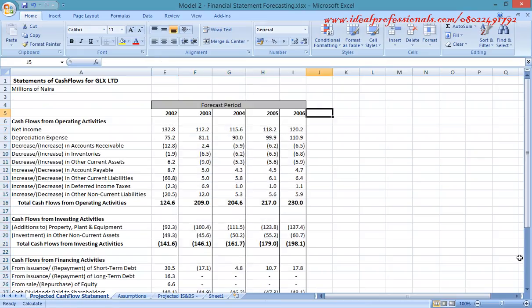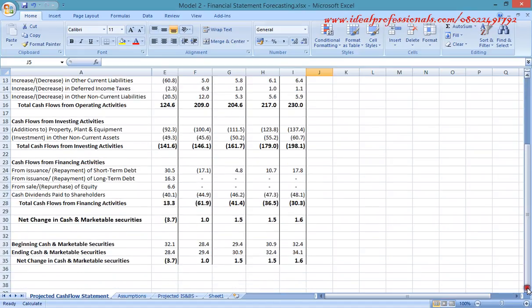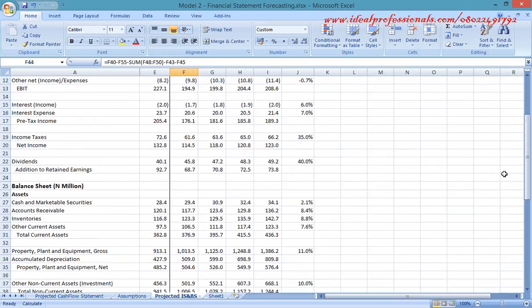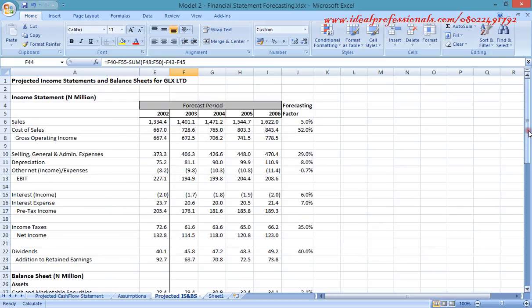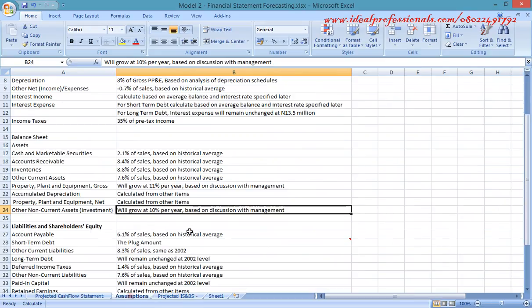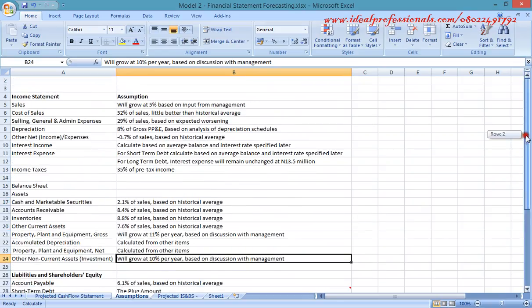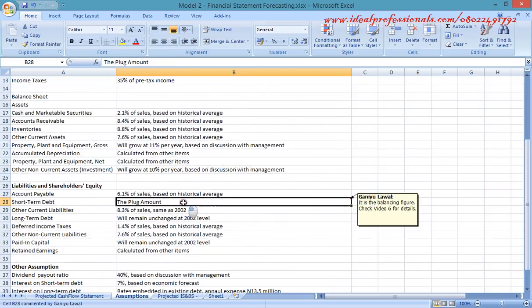That's pasted everything. Now let's confirm whether it is balancing. It balanced. Balanced. This and this are now the same. So that's how to test our model. We have tested our model by making sure that our projected balance sheet balanced, based on our formula that we use to make the short-term debt our plug, that is balanced figure,